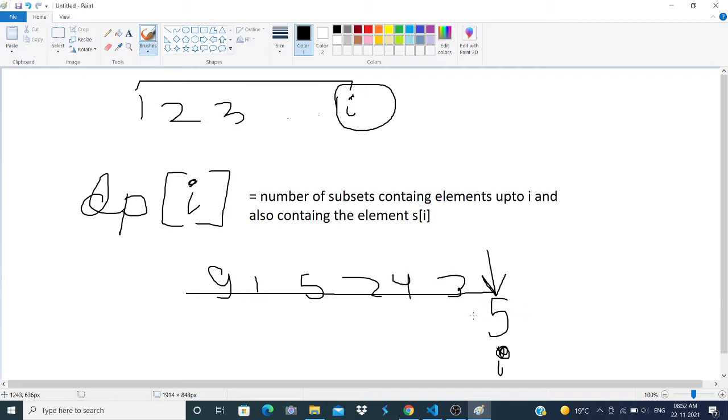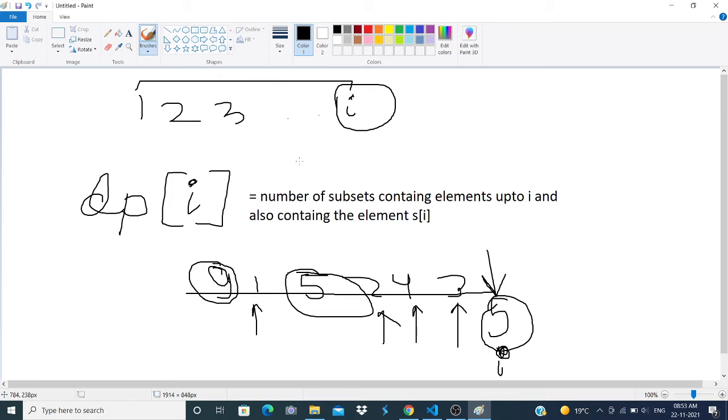Once I am including 5, I know I will also have to include this 5 and this 9. The only thing I am left with is 1, 2, 4 and 3. So these are all optional. I can either take them or not take them.